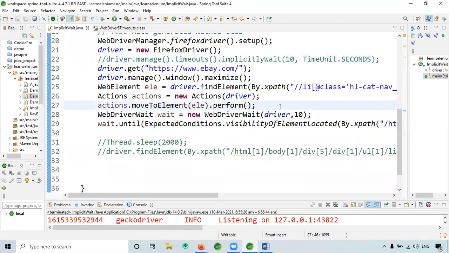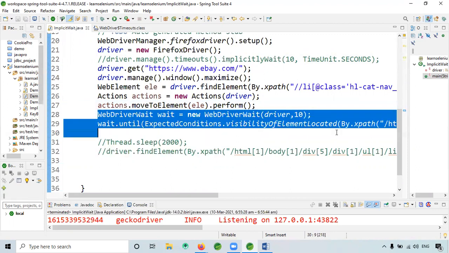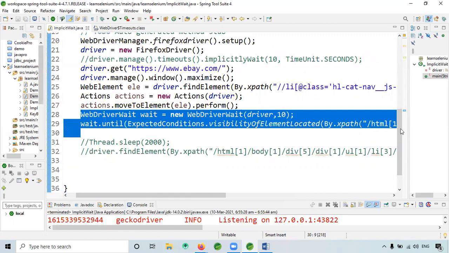Next we have something called fluent wait. Now what I will do is for fluent, these two lines I will comment out.